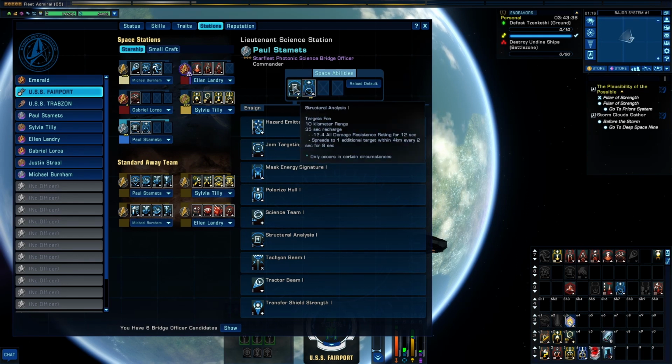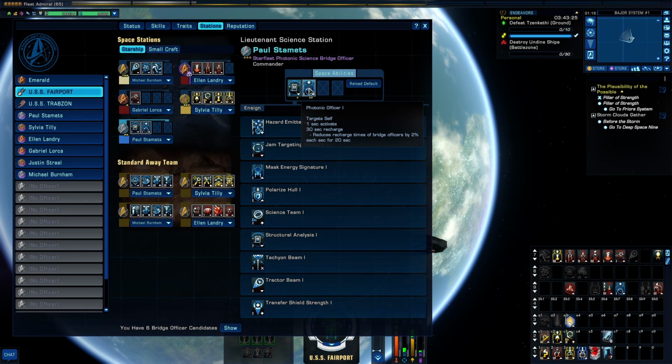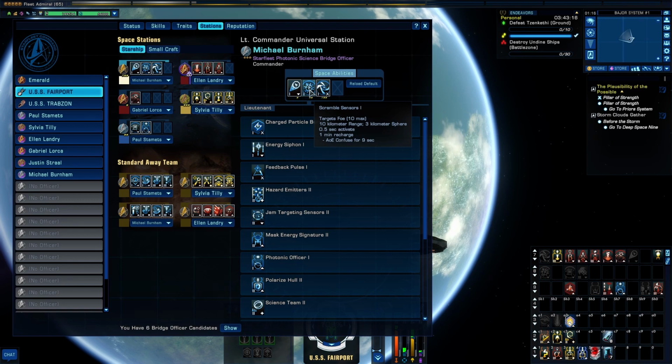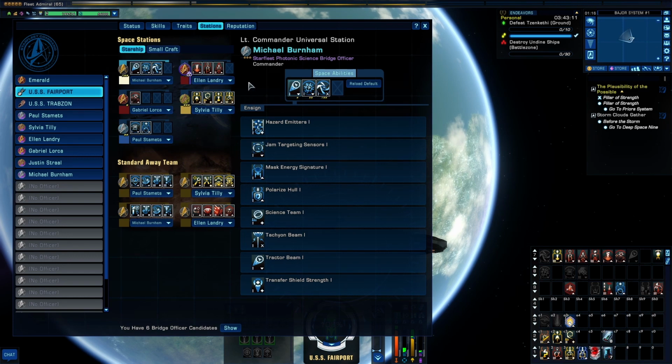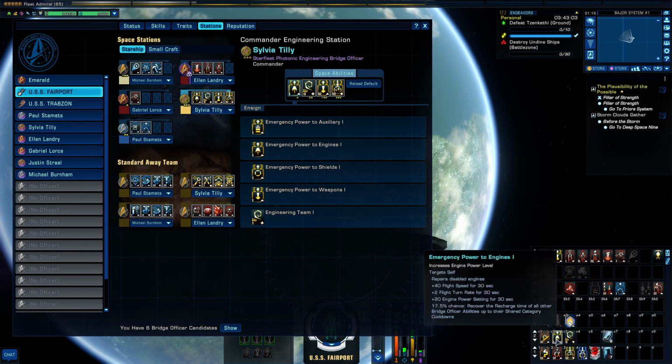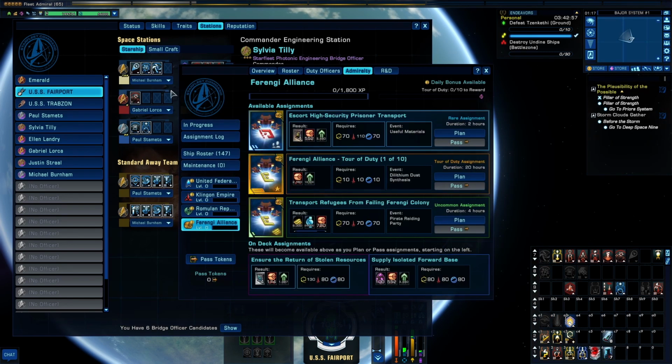But yeah, so we got structural analysis, which gives a debuff. We have photonic officer, which gives 2% recharge per second for 20 seconds. That's going to be a 40% recharge on our bridge officer over time. Got a gravity well to group them up, our scramble sensors to confuse them, and our tractor beam to hold things in a spot. For this one, we obviously want our emergency powered weapons, just because it's got the chance to